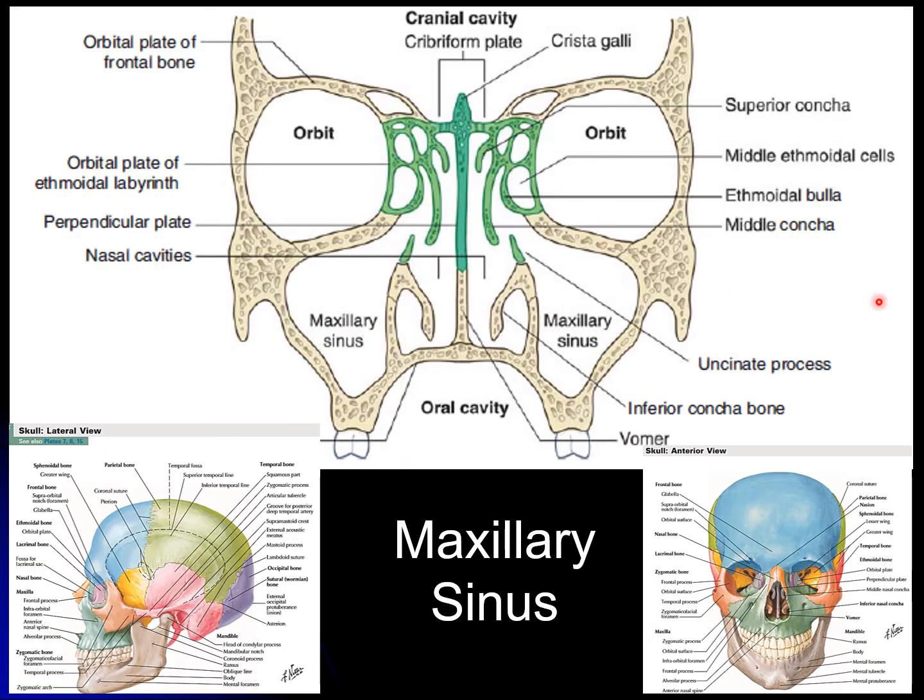Now, this diagram is showing the front of the face, this one. So we have the maxillary sinus right as well as left. This is the left, this is the right. This is the left maxillary sinus and this is the right maxillary sinus. And the section we have taken is almost like this, a frontal section.